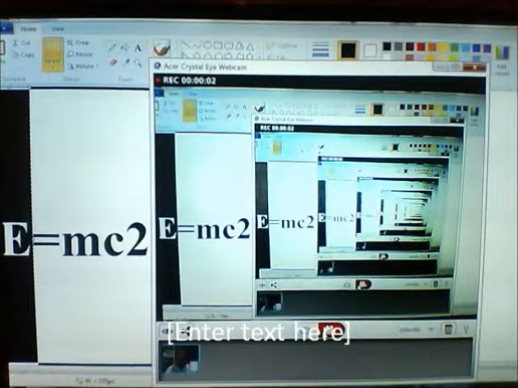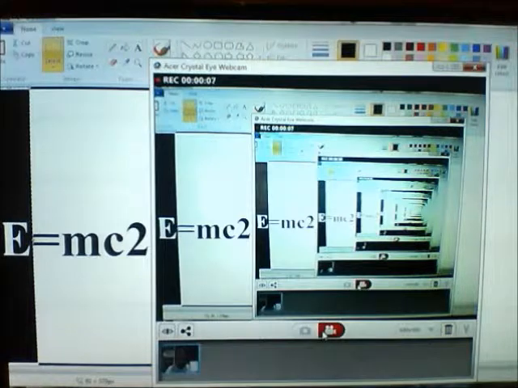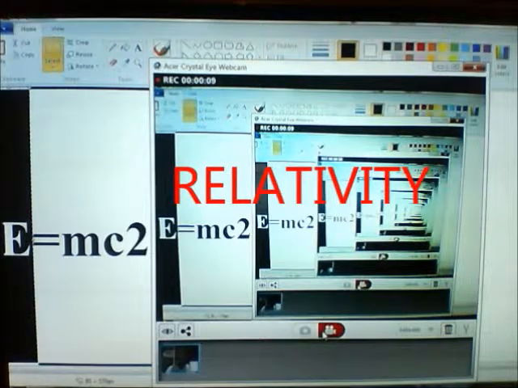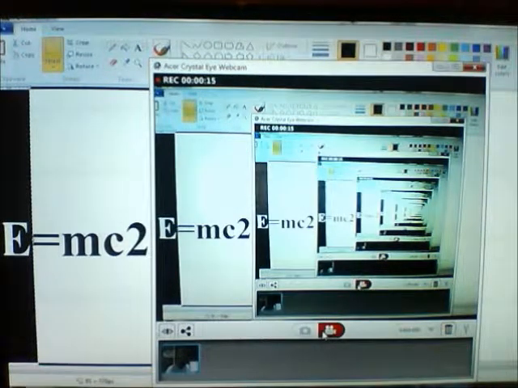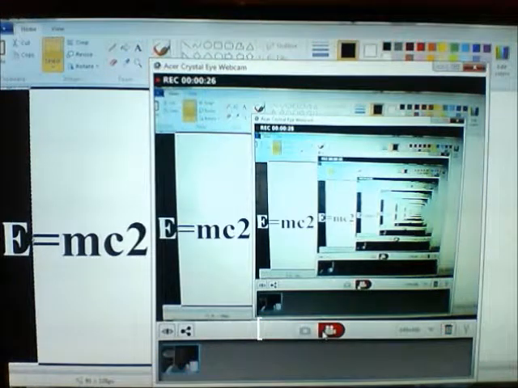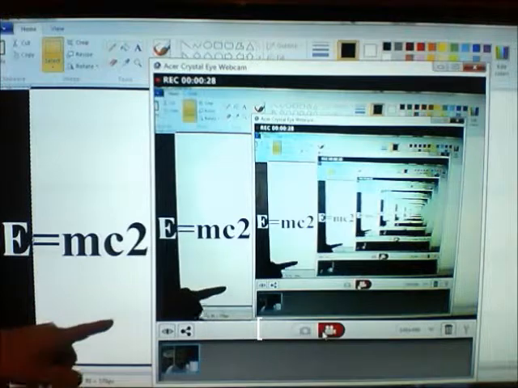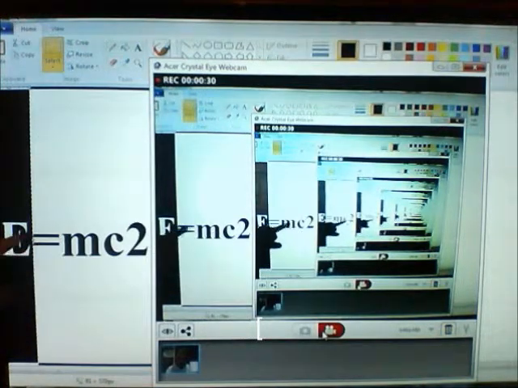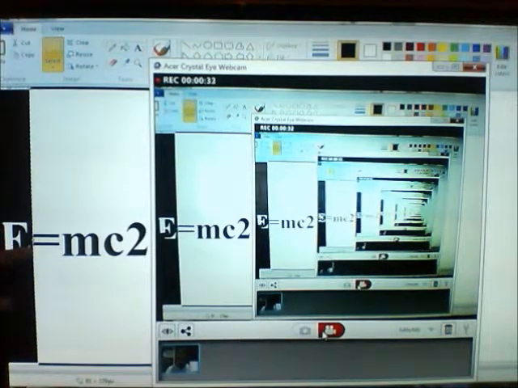Okay, here I'm demonstrating the relationship between energy and mass. What I have here is basically just the computer webcam facing the television, mirror-to-mirror reflection. You see here I've got the Einstein equation written on the first frame. Energy equals,